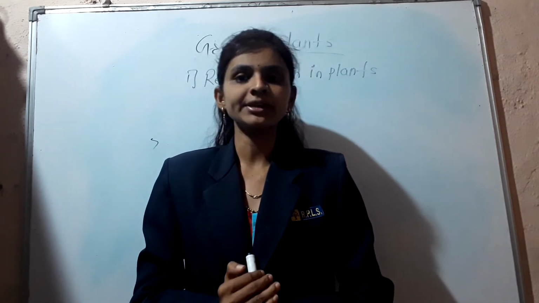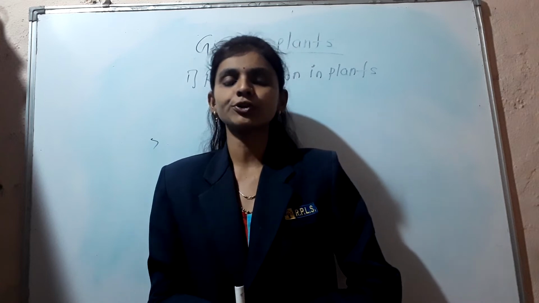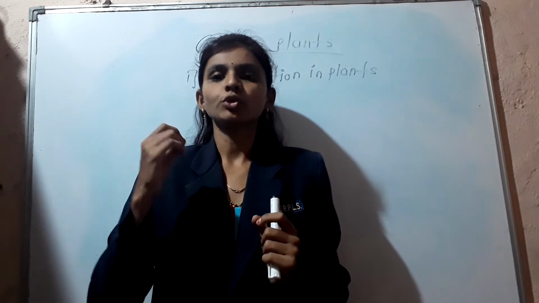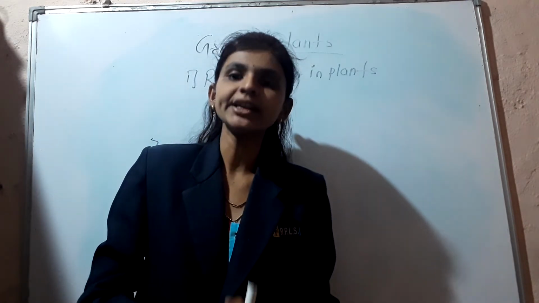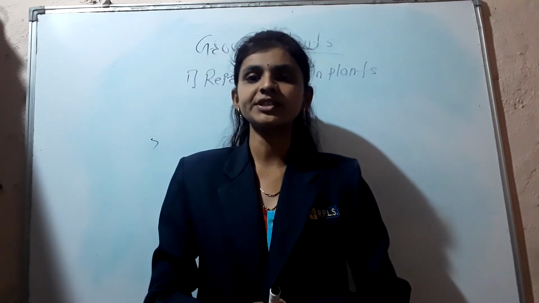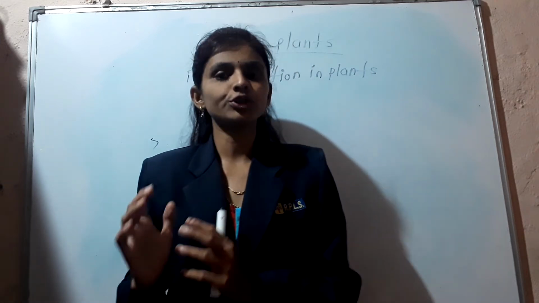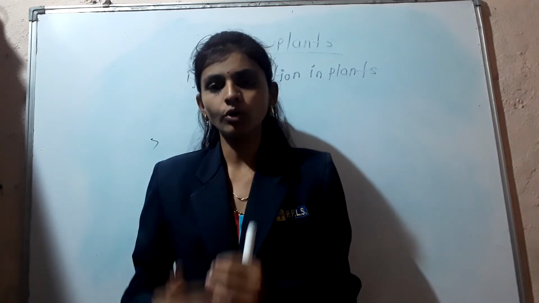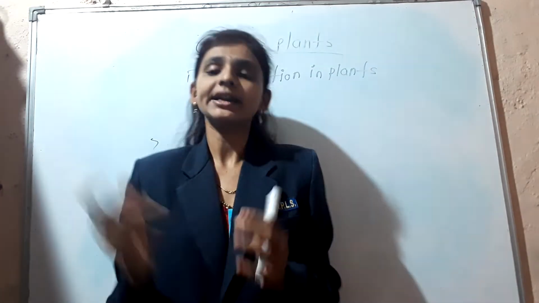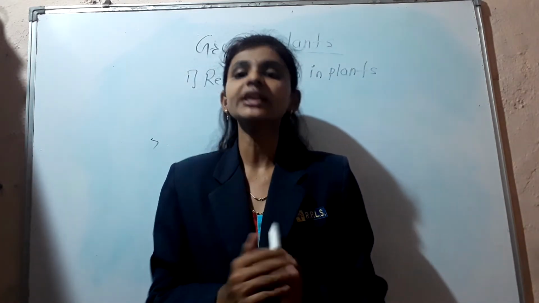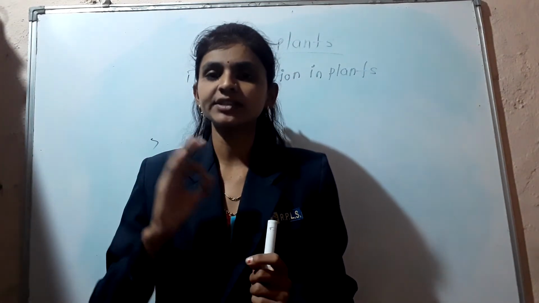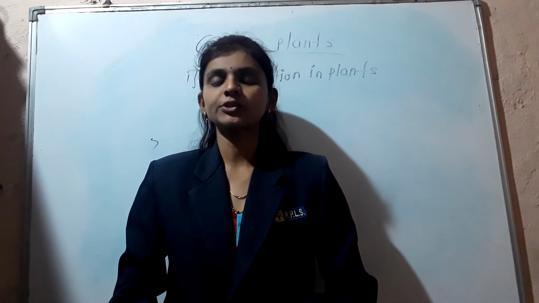The next ones are the stamen and the pistil. The stamen is the male reproductive part of the flower and has the anther and the filament. The anther has pollen grains, which help in the reproduction system. Now the pistil is the female reproductive part. The pistil consists of the ovary, and inside the ovary there is an egg-like structure known as the ovule.